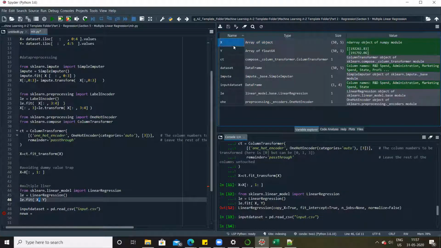So if you remember, this variable X has gone through different pre-processing steps. It has gone through imputer step. After imputer, it has gone through label encoding. After label encoding, it has gone through column transformation, which uses one-hot encoding, right? So similarly, I have to pass this input data set through all of these steps now. Why? Because linear regression has learned on an X variable, which has passed across these 3 steps. So similarly, my input data set should also pass through the same objects, right? Same steps. Is this clear, guys? Why I cannot directly pass new data set in the regressor.predict?